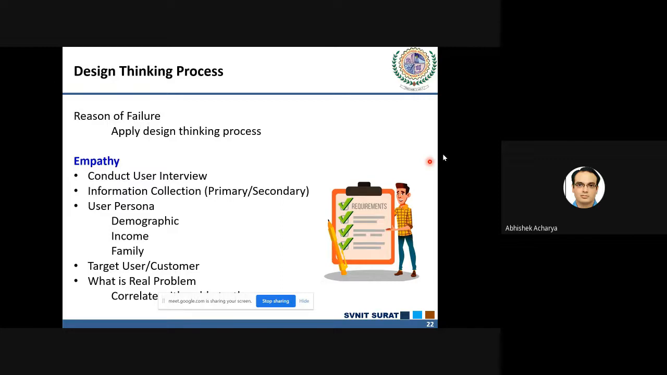So the money of the government is also being wasted, and the health of poor villagers is also at stake. When they applied the design thinking process with the help of design thinkers, they finally came up with some reasons. So what is the process of empathy over here? What is the process of